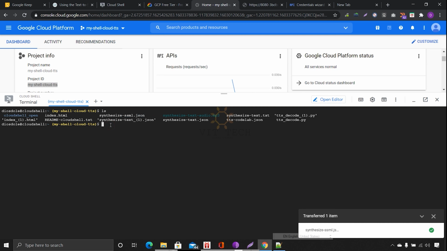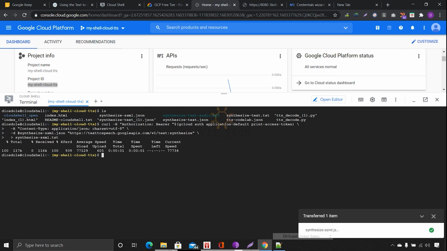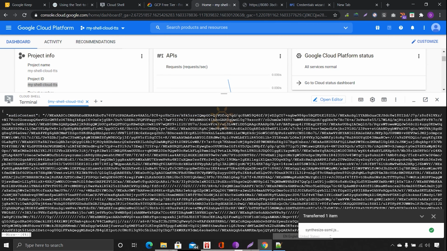Now what next? Run the code. Same curl command we will use, and here you can see this is SSML. We renamed it to SSML, not text as previously. Now enter. Same thing. A little bit higher period of time is taken. So to see the text file as usual in the text version, we will run it the same way. Same only it will come. Yes. So exit.